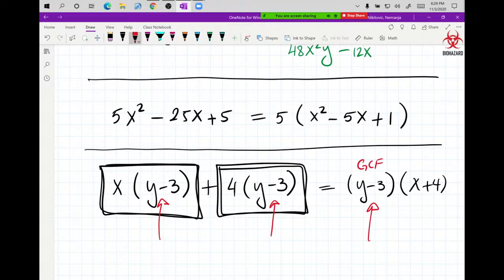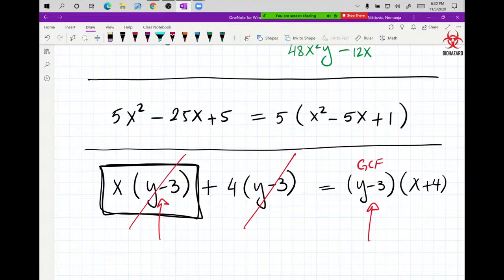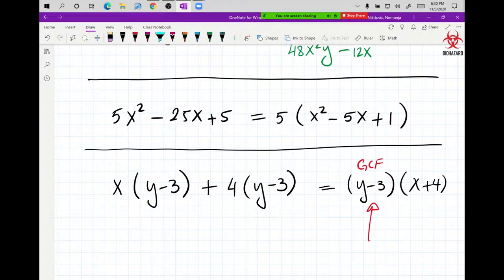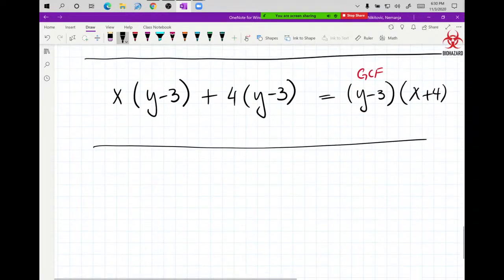It's the same, and it appears in both. Therefore, we factor that one out, and then when you cross it out, because you factored it, the leftovers are x plus 4 for the parenthesis. So these are usually a little bit harder to see in the beginning, but once you get used to it,